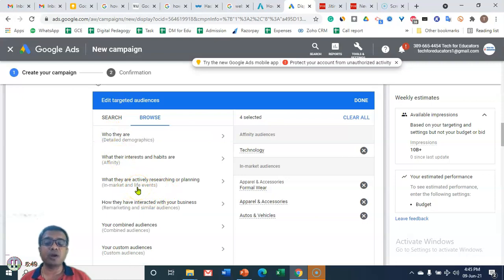For example, Google collects this information. If you are visiting the Amazon website, looking for books and actually considering buying them, then you may come under the book section. This is the way Google is categorizing you in this category, and how you interacted with your business. What does it mean? I don't know whether you have observed this thing or not.